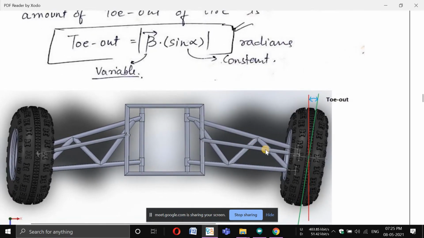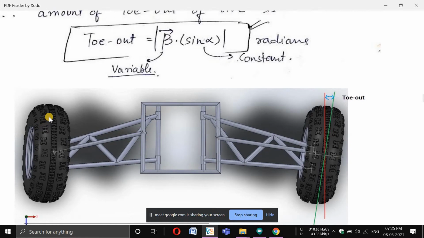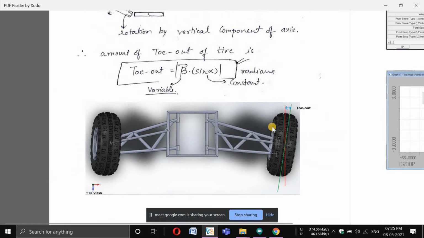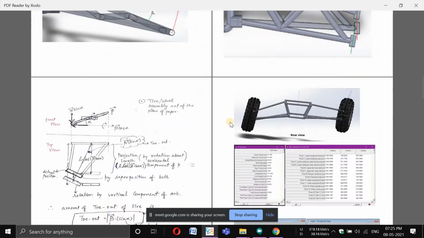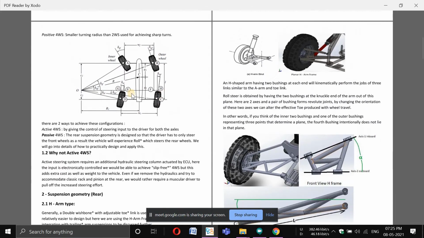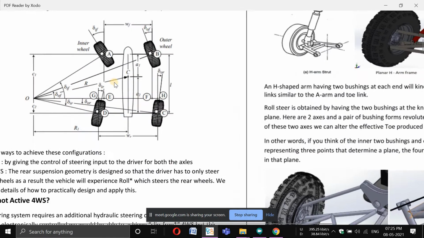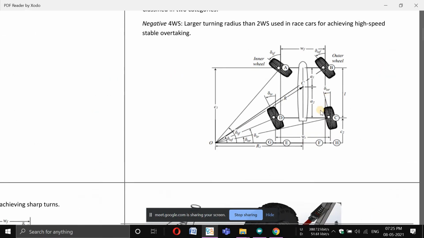So sir, toe out: we are talking about a particular wheel. In that term, the right wheel is going upwards, so it is toe out, and the left wheel is toe in, which is desired for four wheel steering. So this type of steering is known as, sir, negative four wheel steering. Oh, sorry, positive. Negative is this one, which is used